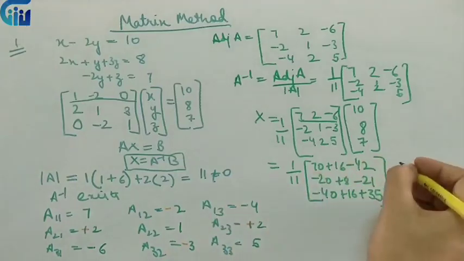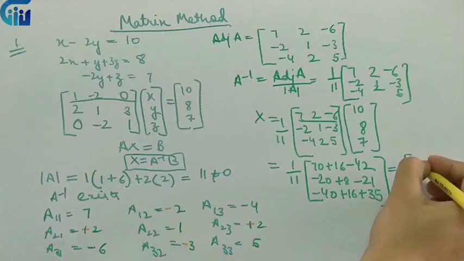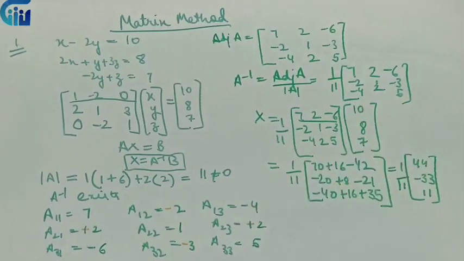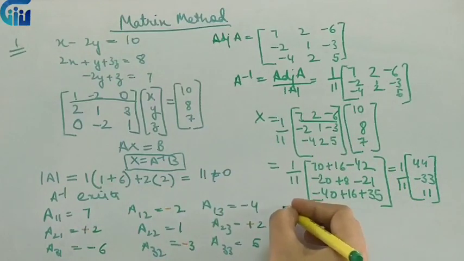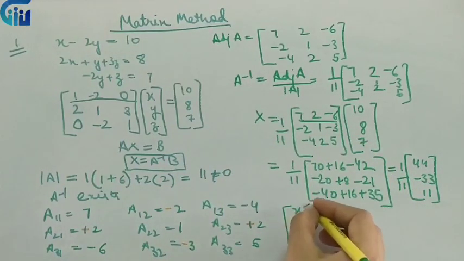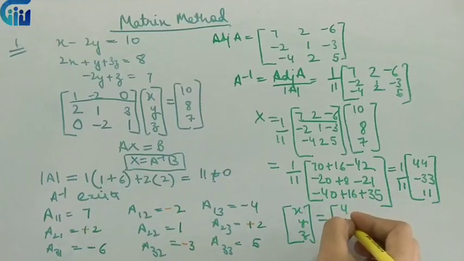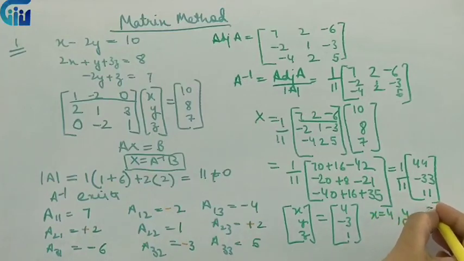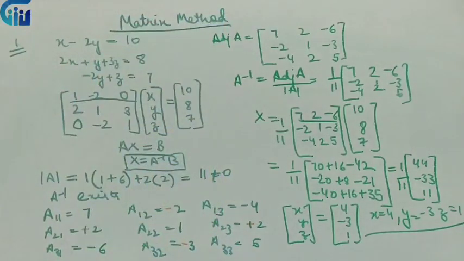If I solve it up, this will give me 44, minus 33 and 11. Now I can divide by 11. Let's see what we will get. If I divide by 11, this is X over here, which is x, y, z. And dividing by 11, we get 4, minus 3 and 1. So I can say my x is 4, y is minus 3 and z is 1. Hence we have a unique solution for this particular system of equations. So this is a full 6 marker, a very important question. Everybody has to follow these particular steps. Whatever I have written over here, on the same lines you will be working.